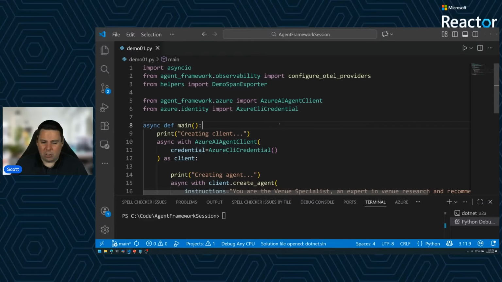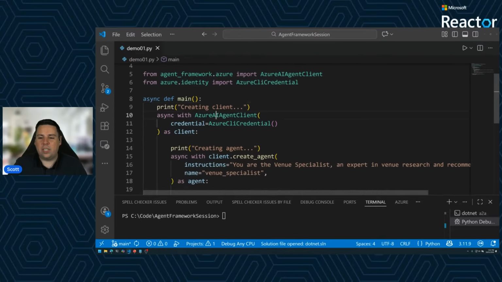And my best example of this is when we begin to look at the different agents that we want to create via an agent client, we have the option to use either off-the-shelf clients like the Azure AI Agent Client, which we'll talk about in a second, but also third-party or custom agent clients. You can even implement your own if you'd like to, giving you the ability for full extensibility.